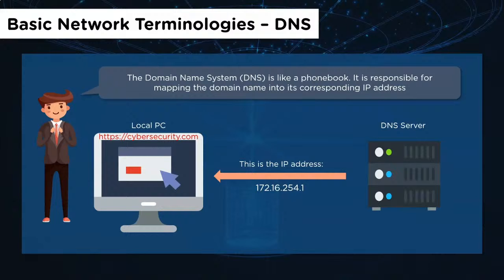Here, you can replace google.com with cybersecurity.com as seen on the screen. The local PC queries the DNS server. The DNS server replies back with the IP address. Now, if you're wondering how this works, if we take an example of a home network, the ISP gives us a default gateway, or a router, with their IP addresses for DNS servers and default gateways. So when we try to connect, the router has the IP of another DNS server, and it routes that query to the DNS server. The DNS server replies back with the appropriate IP address. The router then takes the IP address, figures out the path, and sends it across to the targeted server.